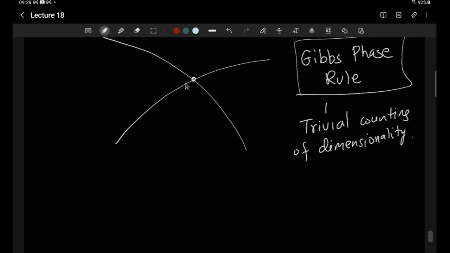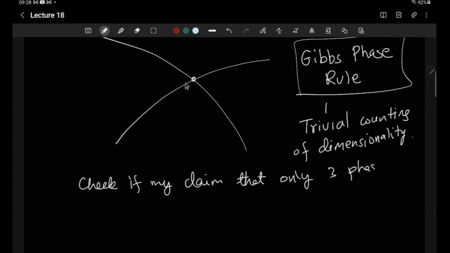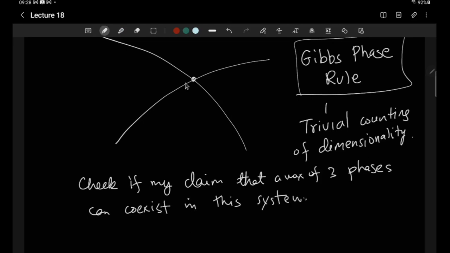Check if what I'm saying is true. That a max of